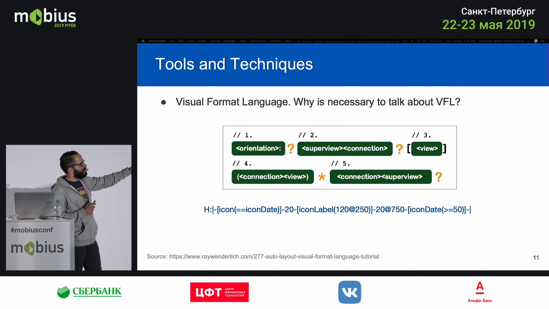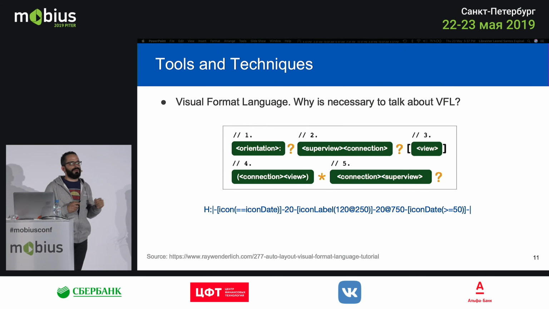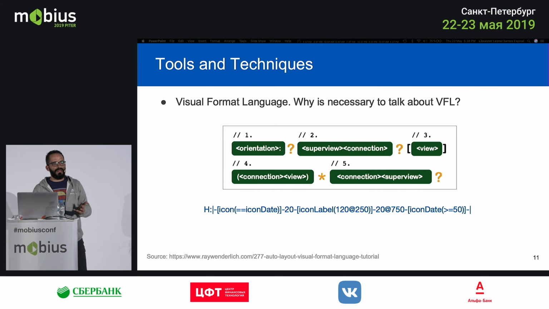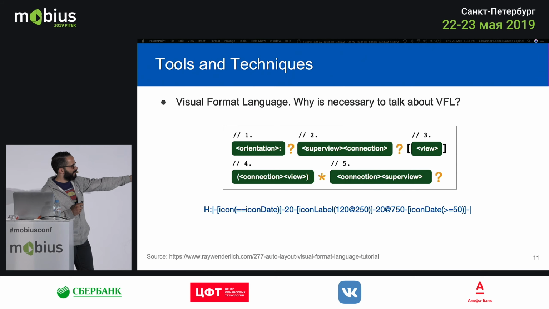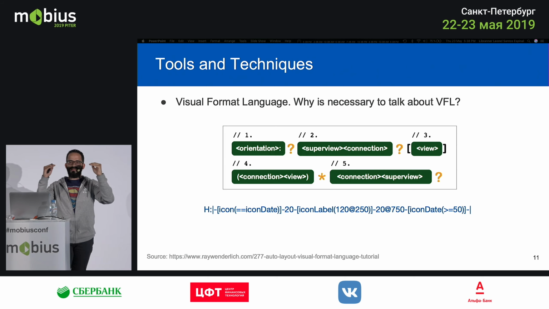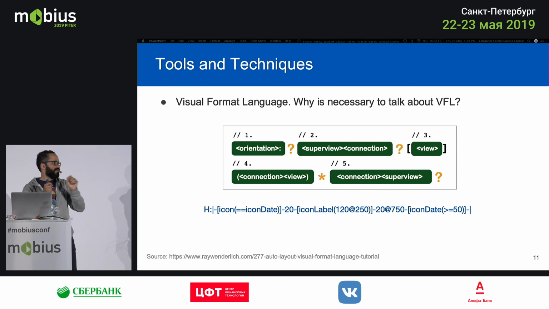And you have to know this especially because normally when you have issues with auto layout, the errors display in this format, and you won't understand anything if you don't know the basics. For example, if you see this blue line on my left, the first letter indicates the orientation. In this case, it's horizontal. And what we are saying is we're working on the horizontal axis, so all the values you put here